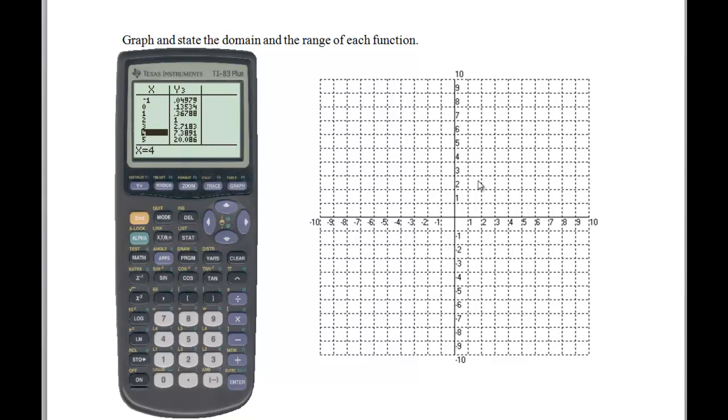Let me turn on my pen so I can draw on the screen. Okay, so my 0 is going to be about 1/3, so way down here. There we go. And my 1 is going to be at a third, or 0.36. 2 is going to be at 1. 3 is going to be at 2.7. 4 is going to be at 7, so 7.4 actually. So there's my 5 points, and this graph, again, like the others, has a tail that goes